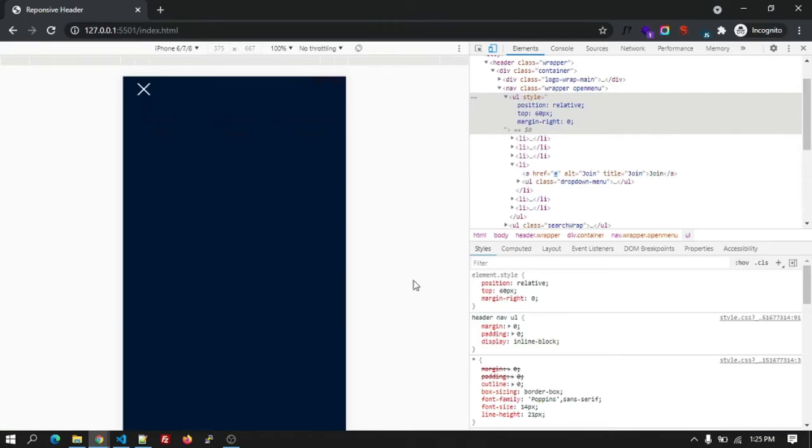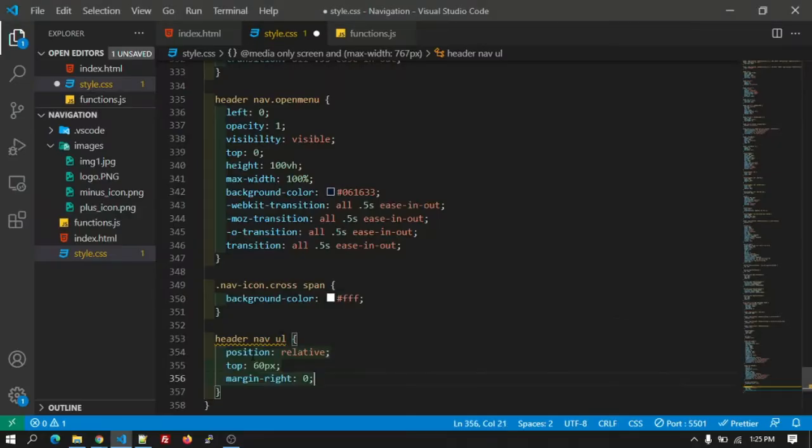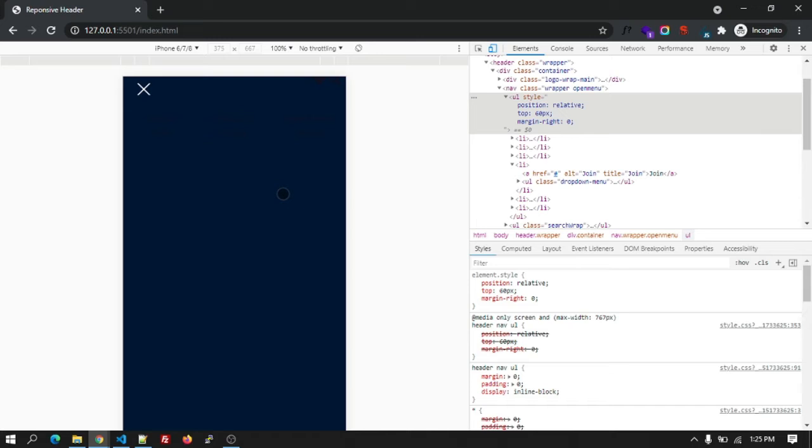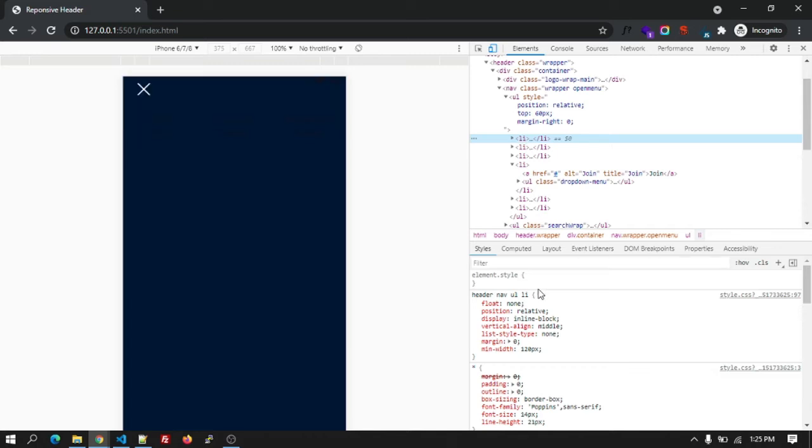Okay, paste it over here. Let's copy the CSS from here and paste it over here. Okay, all this CSS I am writing inside the media query. Okay, after adding the UL, let's add the CSS to the LI as well.